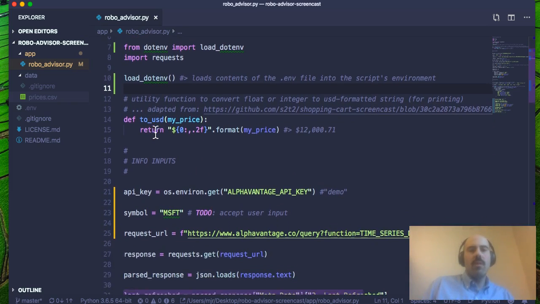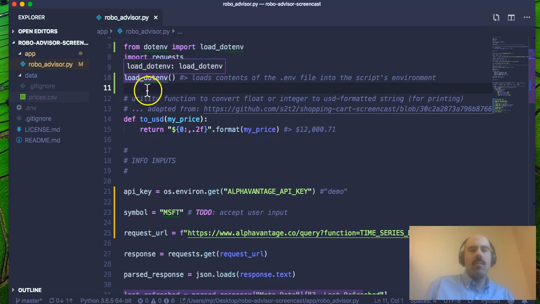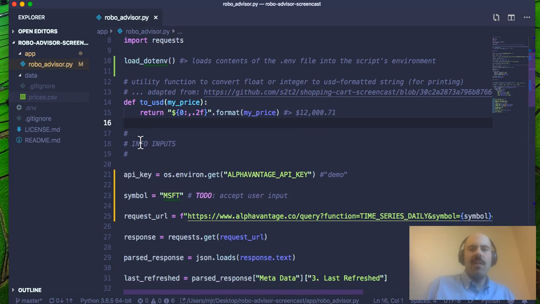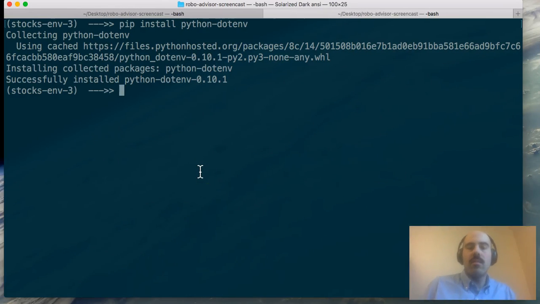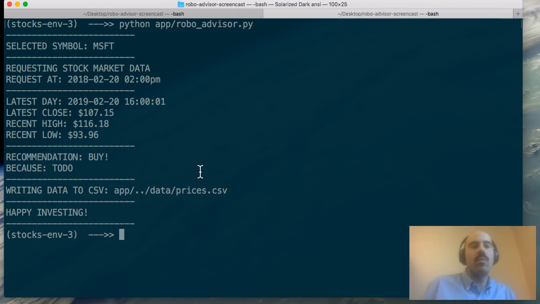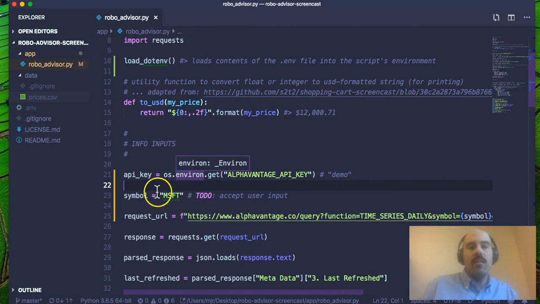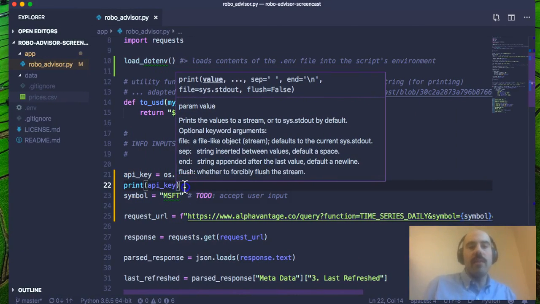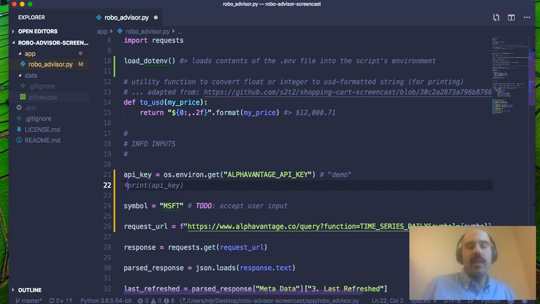Definitely before the place where we need to access this API key. So now let's retry this and hopefully it should work. Cool, cool, cool. So if you printed out your API key, you would see what your value is here. I just won't do that because I'm screencasting, but